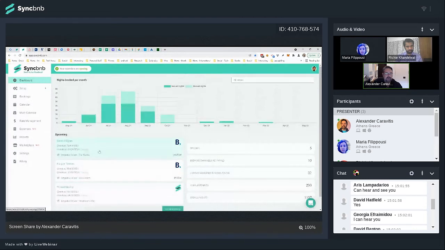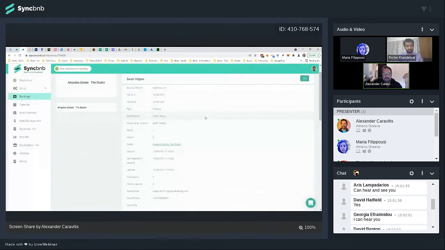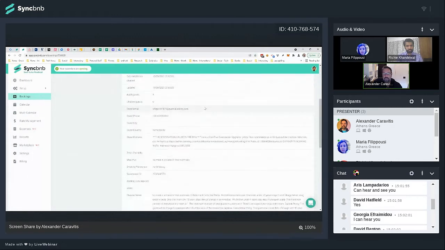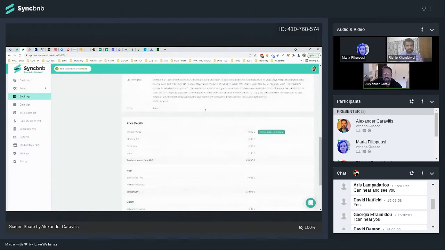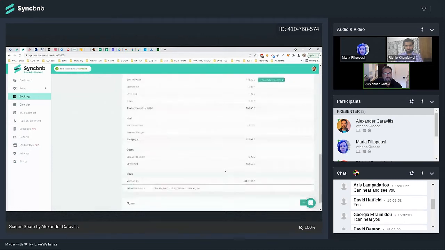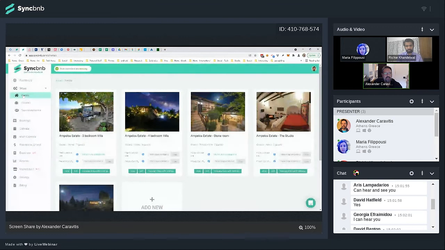You can click on each, and it will take you to the booking page with all information about the guest, all the notes that came from the channel, whether it's Airbnb, Booking, Expedia, or TripAdvisor, including the pricing details of the booking. The setup section, which is next on the menu, you will only need to visit when you want to add a new property or add a new channel.